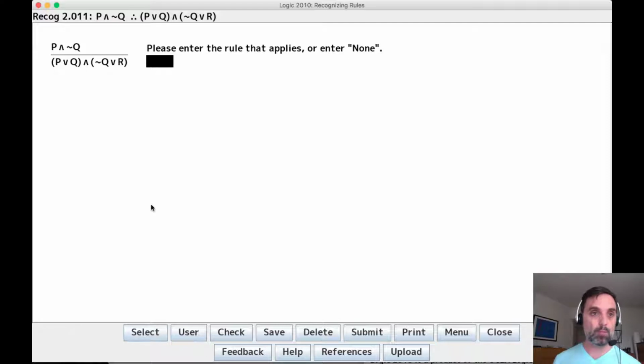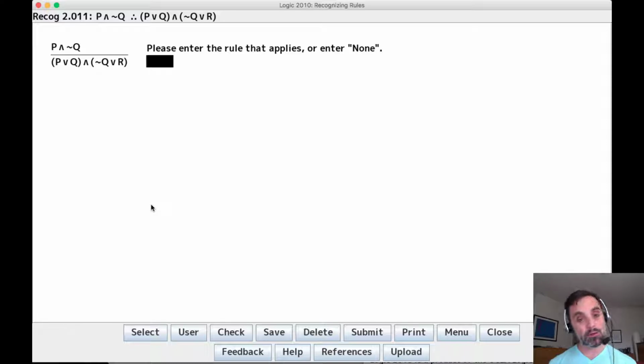Okay. We have P and not Q as our premise. We have P or Q and not Q or R. So is this a junction or addition or anything? Well, it's not an application of a junction, because a junction lets us infer a conjunction, but we need two premises. And it's not an instance of addition, because addition lets us infer a disjunction, but the conclusion is a